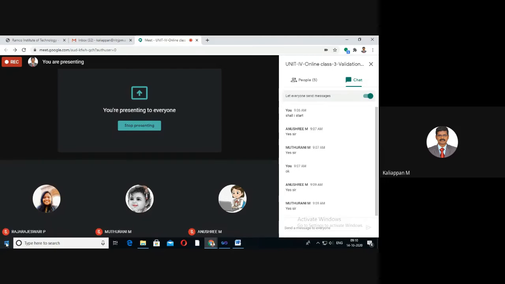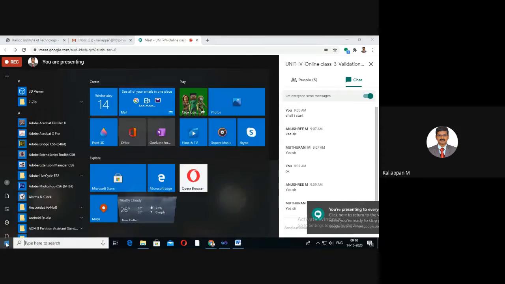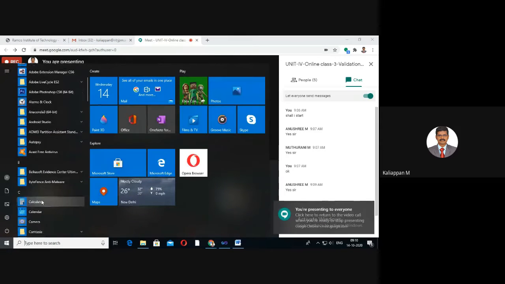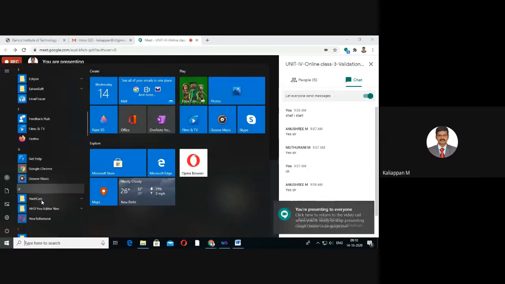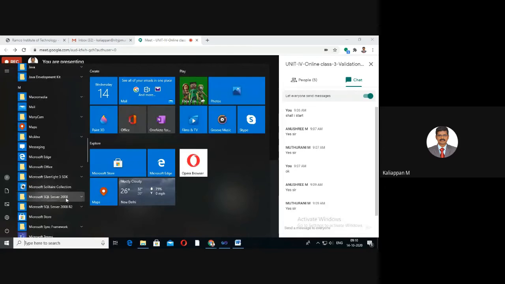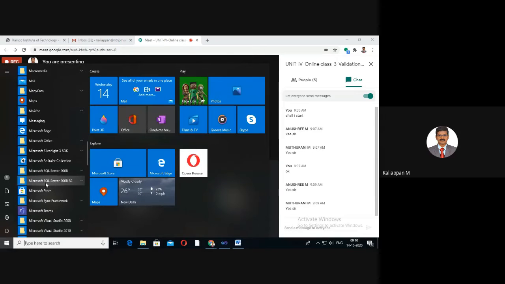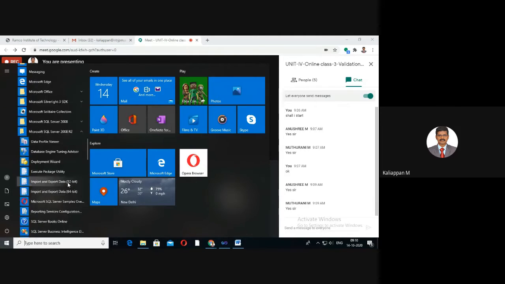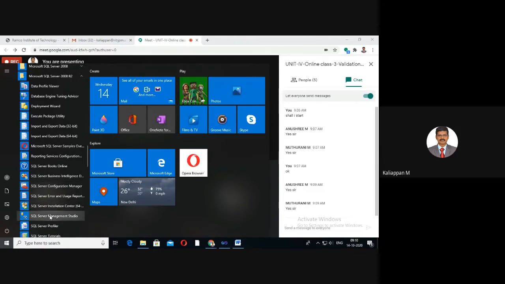First, open Microsoft SQL Server. Here, Microsoft SQL Server 2008 R2. I have installed Microsoft SQL Server 2008. In that, you have to select SQL Server Management Studio.